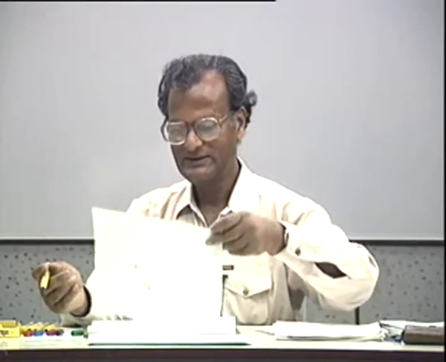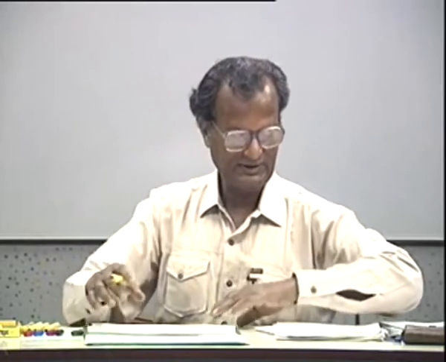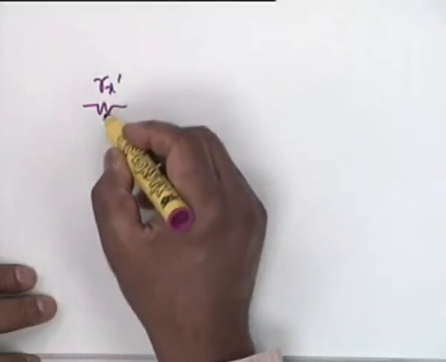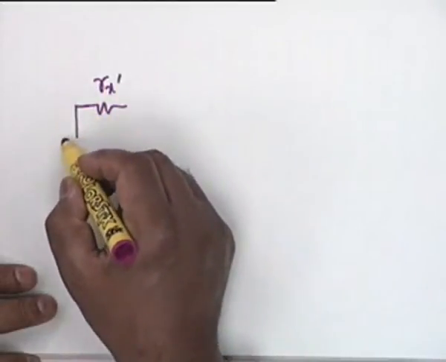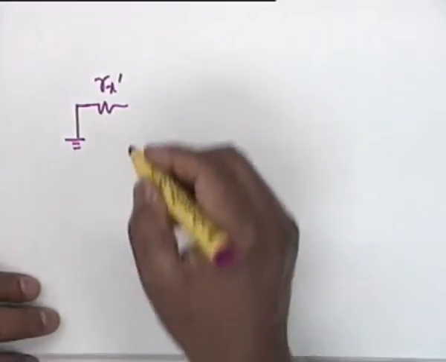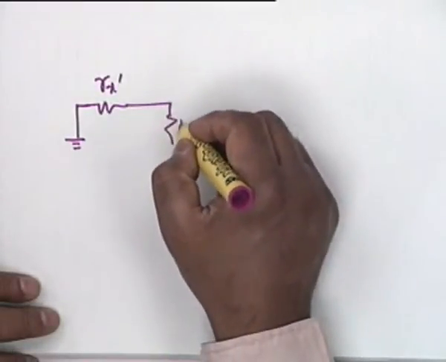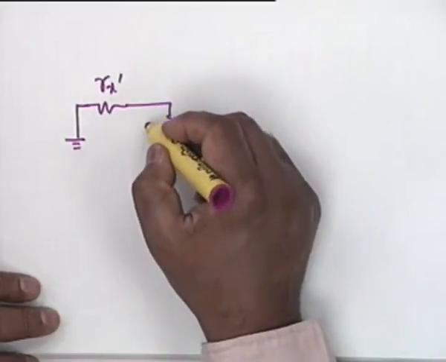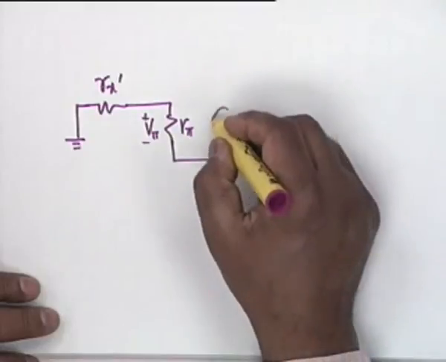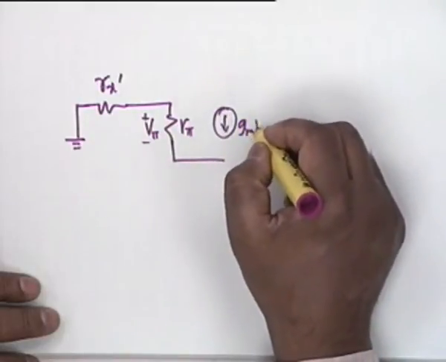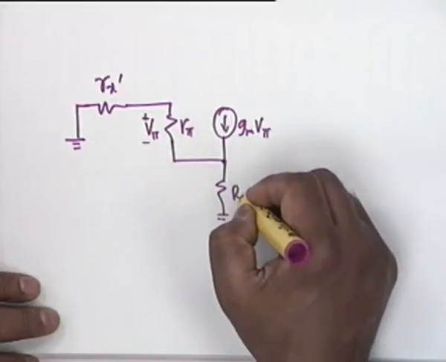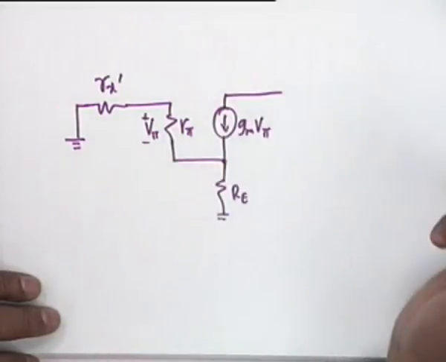Again, once again, there are some tricks that one can apply to simplify the whole thing. To calculate the output impedance, you have to put Rx prime to ground, the input source is grounded, then you have R pi and this is V pi, you have GM V pi, this is RE. In addition now,